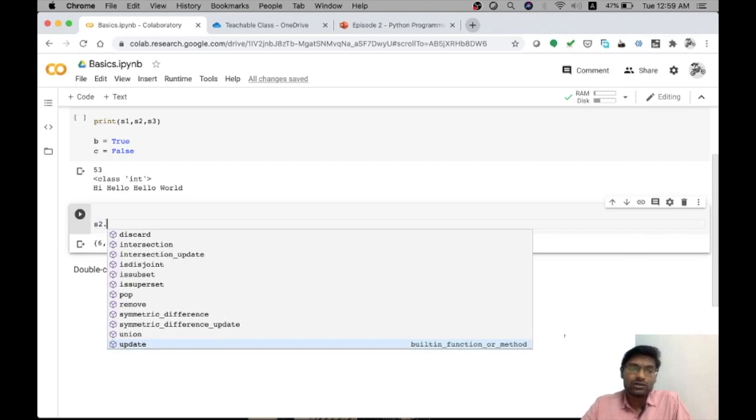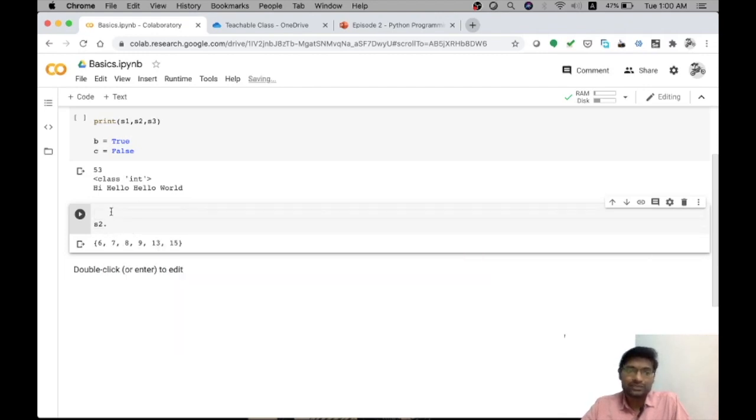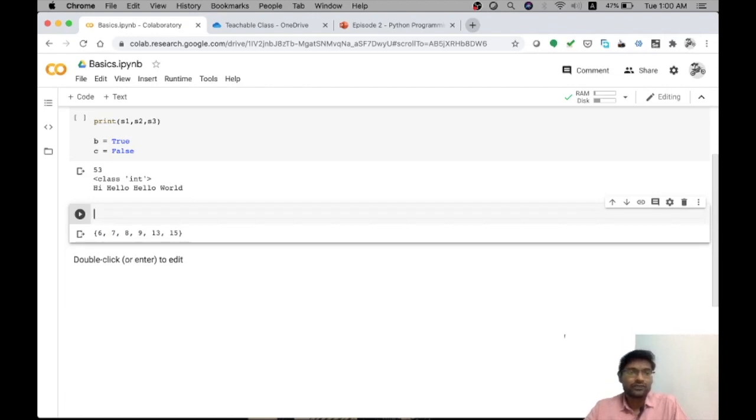Now the other commands in place: there are three commands together: isdisjoint, issubset and issuperset. Let us see them one by one. First we have to understand what these properties actually are.